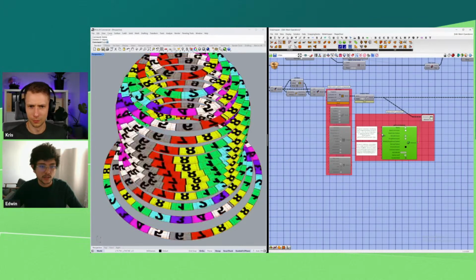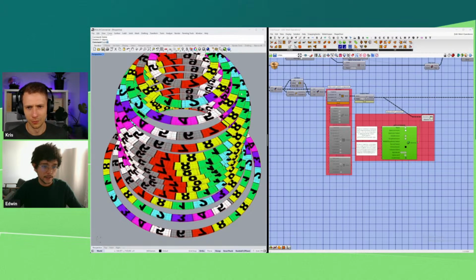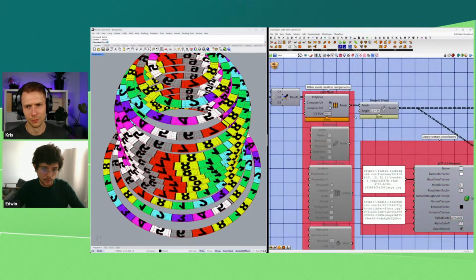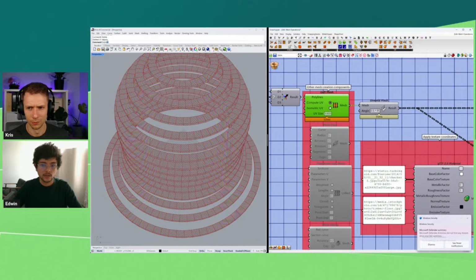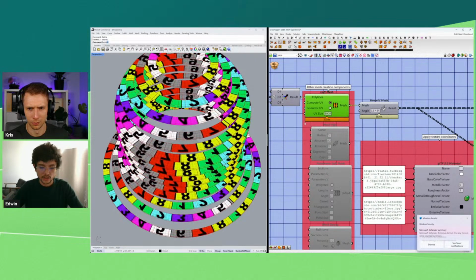So if I use this texture checker component here, you can see how the mesh is laying down the material around my mesh. And that happens because this component has this option to compute UVs. So that's the UV material, and that's basically how the texture is going to lay down on my geometry. And then you have the UV size, which is how big this is going to be, so how big is the image that I'm repeating along my geometry. So here I go 1,000, then you get this size.